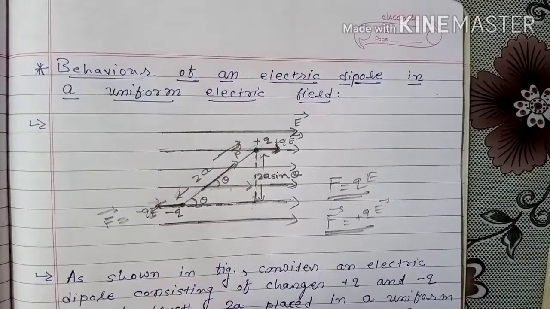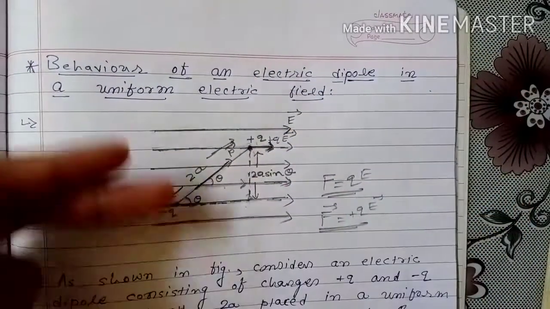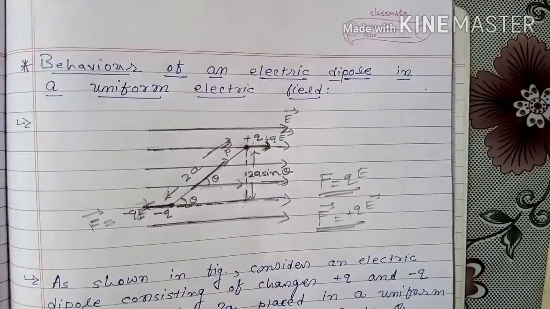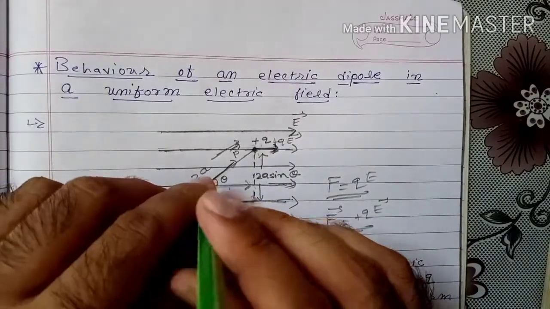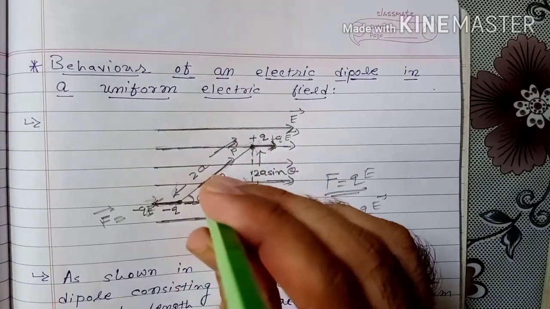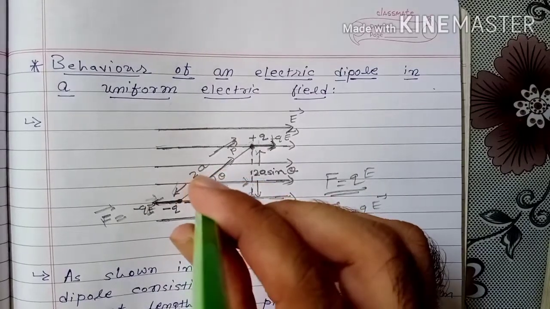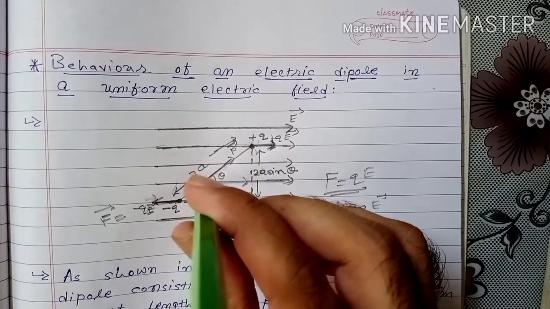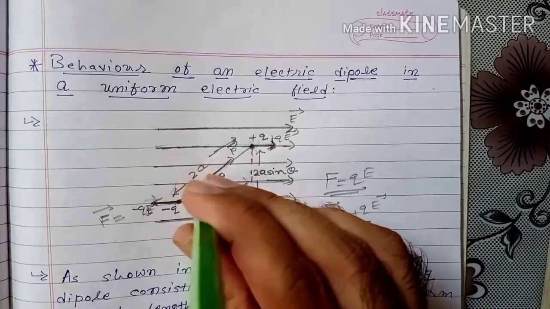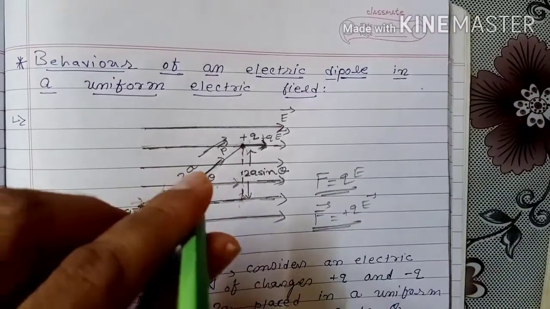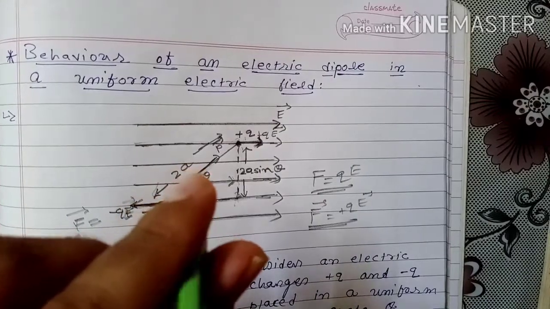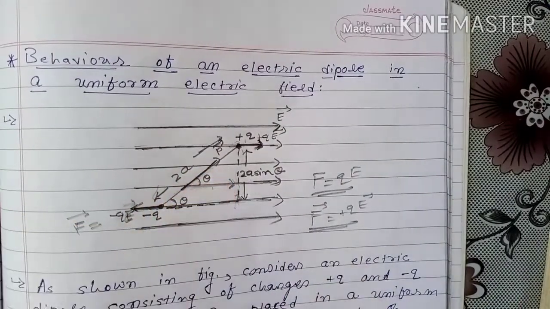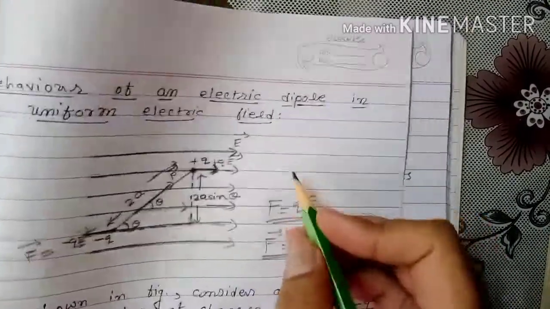Both are in the plane of figure. And we have to keep the screw perpendicular to this plane. After that, you have to rotate this screw from the first vector towards the second vector, P vector towards E vector. If we rotate P vector towards E vector, then this screw advances. It means direction of torque.